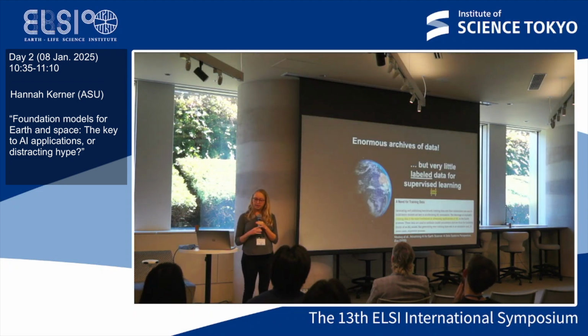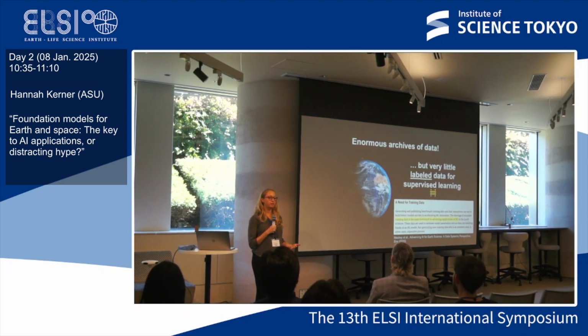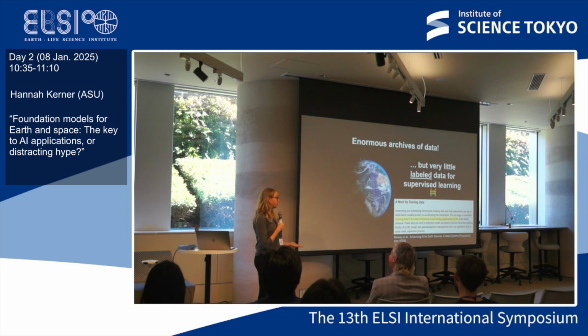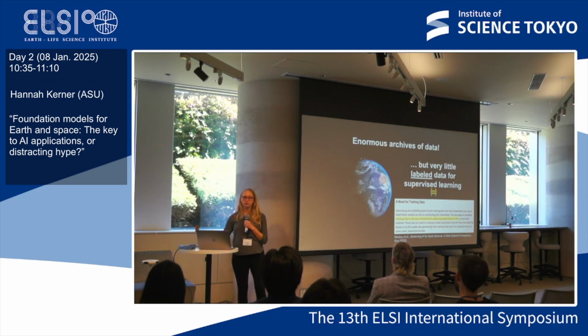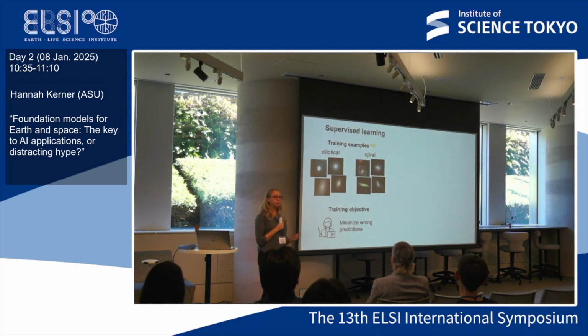And historically, this lack of labeled data, which takes a huge amount of time to annotate, and as you can imagine, a lot of the things that you as scientists might want to find are not things that you can just hire a random person on Amazon Mechanical Turk to label. It requires expert knowledge. And so annotating that data can be really expensive and take a really long time. So historically, this has been the biggest bottleneck to using machine learning for remote sensing data.